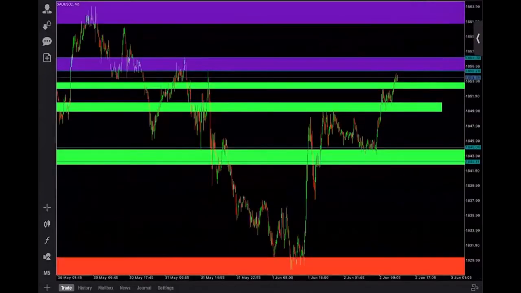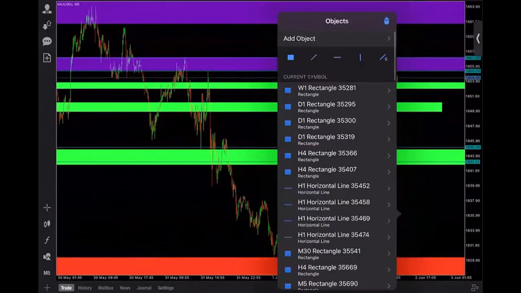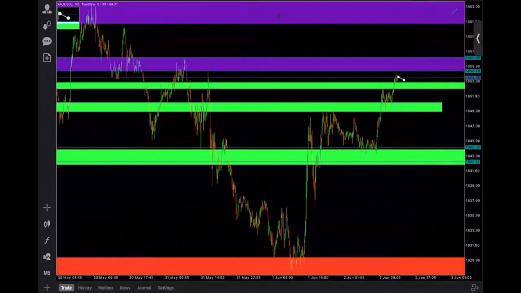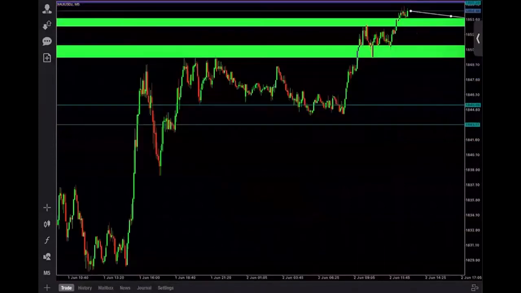Yeah, but it's not a really nice place to enter because even if we enter here, the resistance is here, the support is here. So it's so close. For like 10 pips of SL, only 20 pips because it's too close. But if this place doesn't exist here and only here, it's worth it. For 10 pips, you could get almost 100 pips. So it's worth it. But this one,